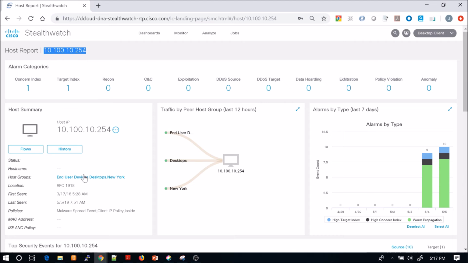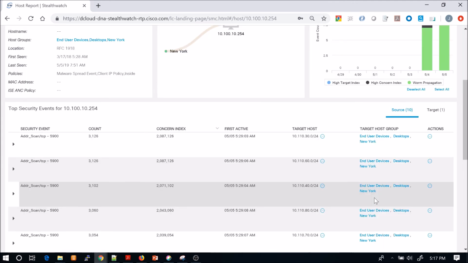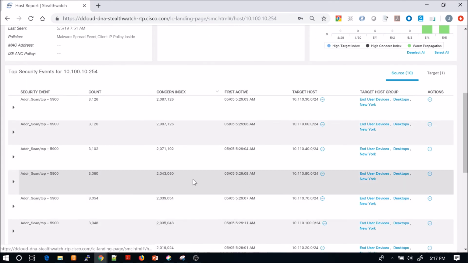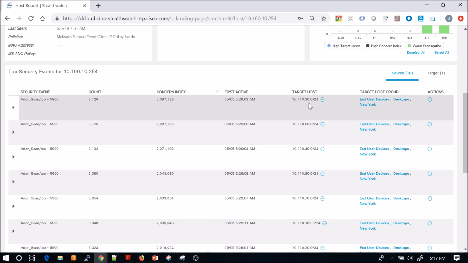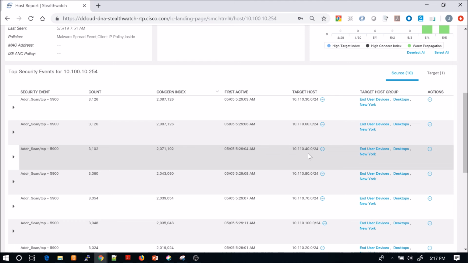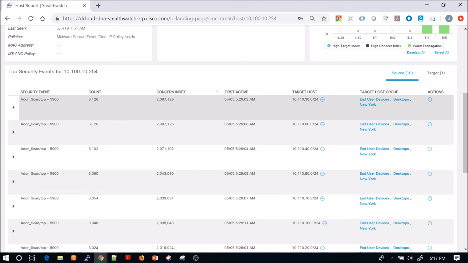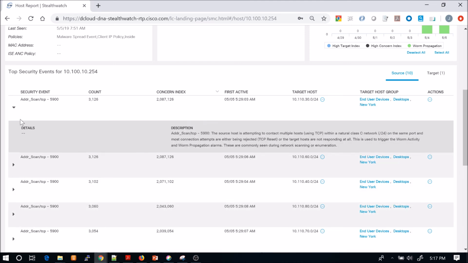So again, there's all kinds of things you can do here. You can see on the inside who you're communicating with. You can see worm propagation here as well. And then here we can see additional security events for this host. So address scan TCP, and you can see these are actually scanning entire /24s. So address scan 5900, what is it? The source host is attempting to contact multiple hosts using TCP within a natural class C network on the same